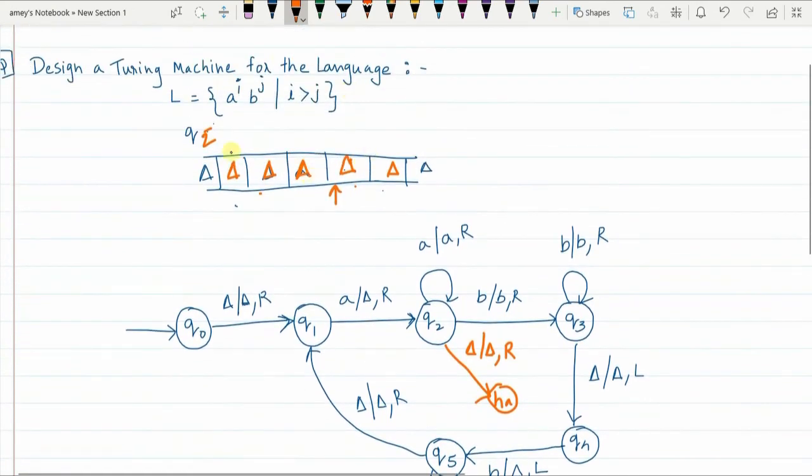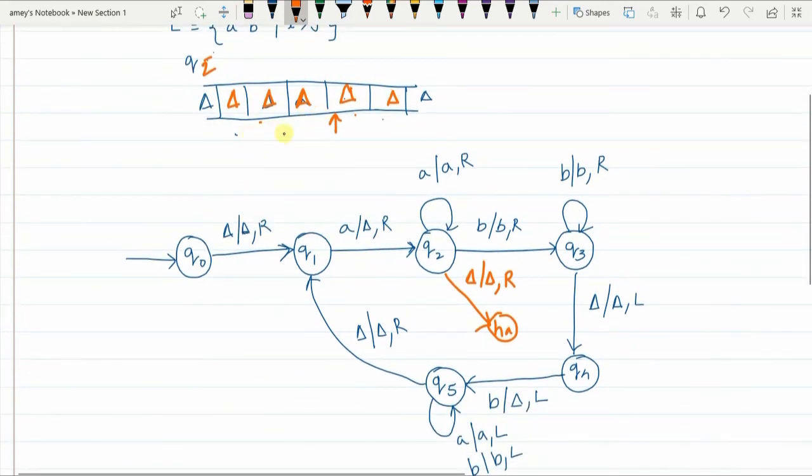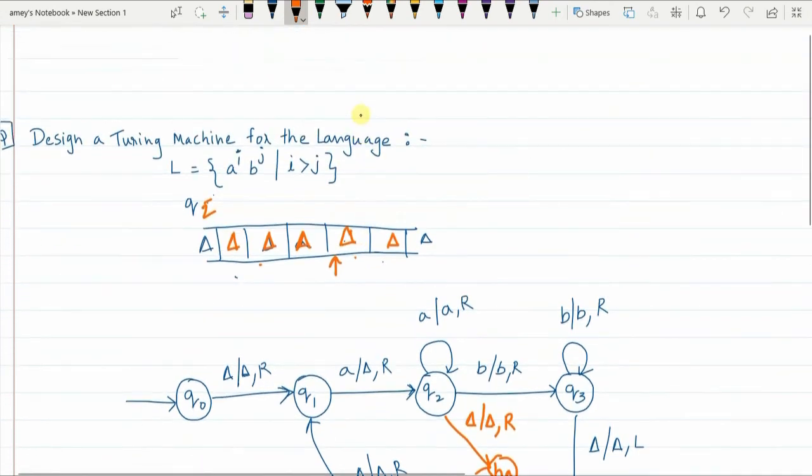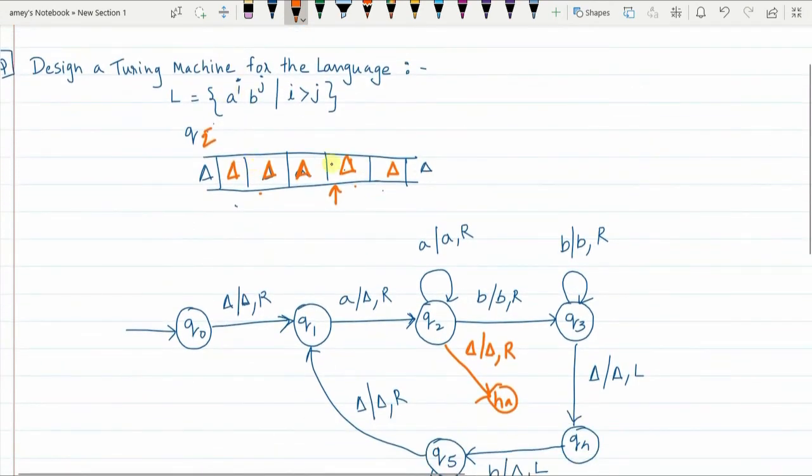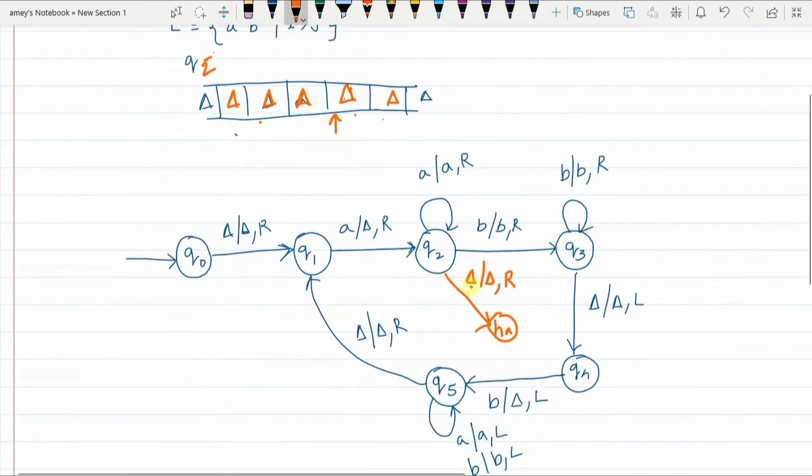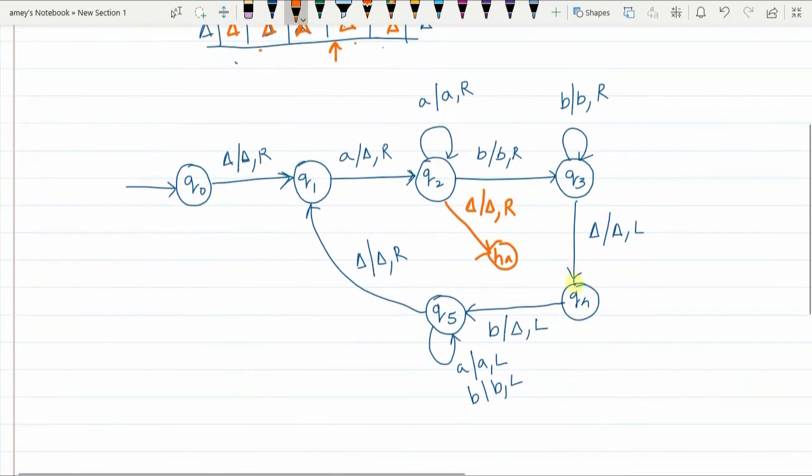The aim of the Turing machine here was just to tell you whether the string is accepted or rejected. So the placement of the pointer at the end is not so important. That's why we have also erased the string, because reading the string was not required at the end. We did not need to know what string it was. What we were interested in is just whether the string is accepted by this language or not. As a result, you can move the pointer to the right, or you could have kept it stationary also here, and go to the halting state.